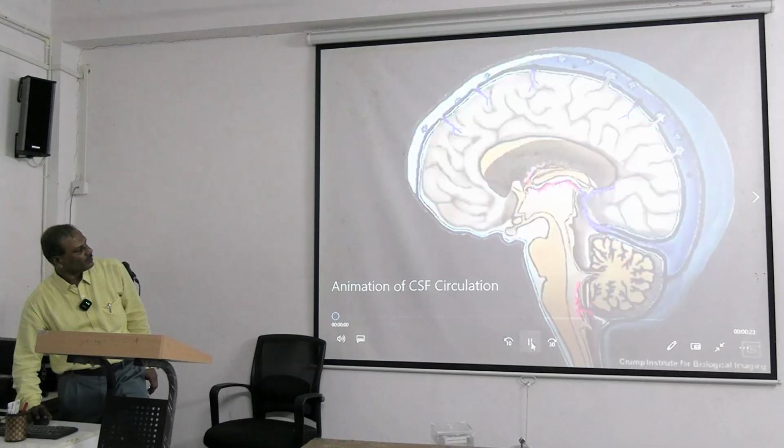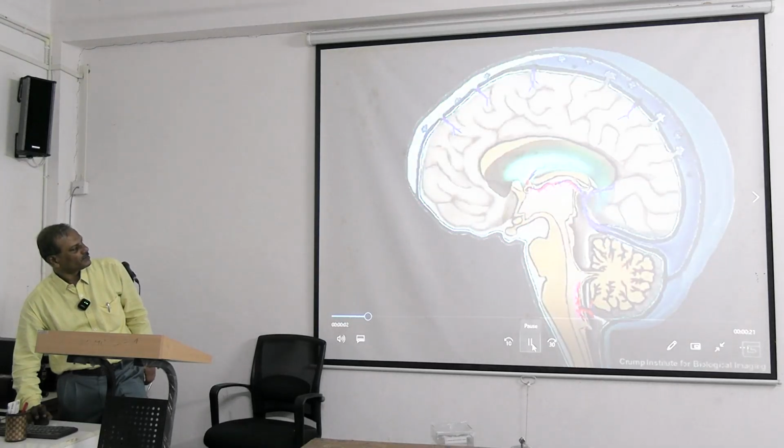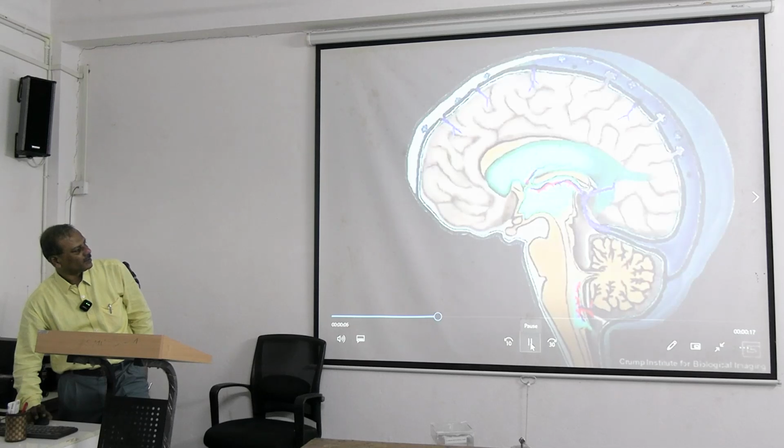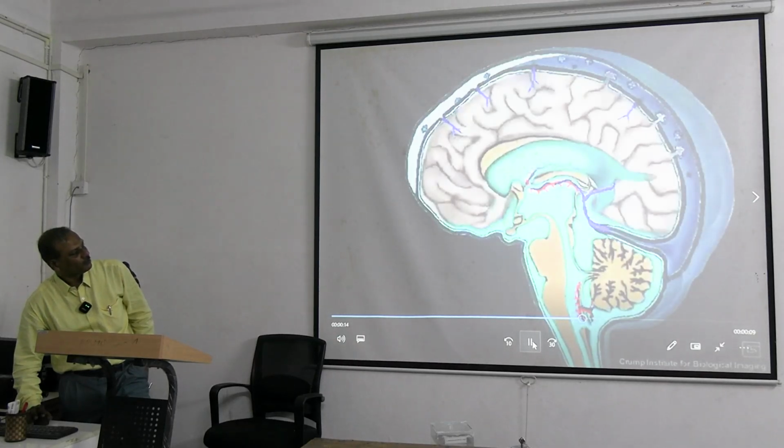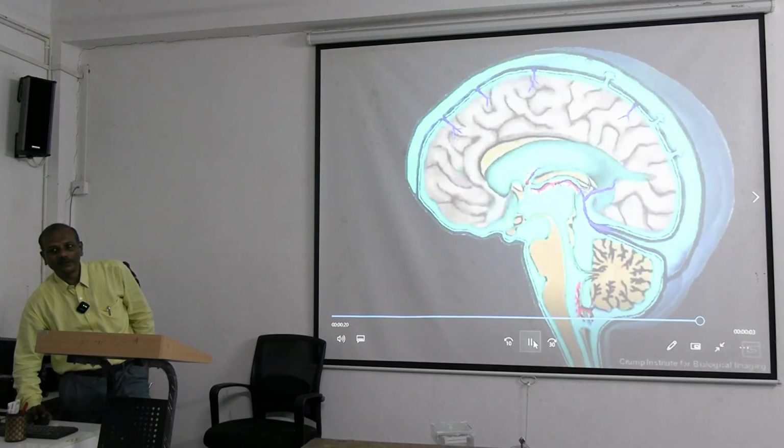You will get this in many videos, but I thought this will be: this is formation in the lateral ventricle, and then it is coming to the third ventricle, then through this part the fourth ventricle, from the fourth ventricle the median aperture to the subarachnoid space or spinal cord, and from the two Luschka openings through. Is this part clear? Can you understand how it is happening?